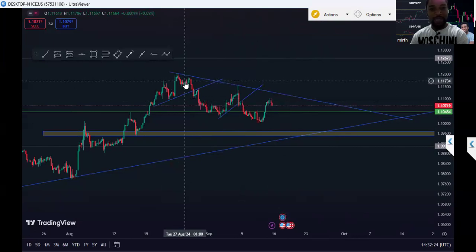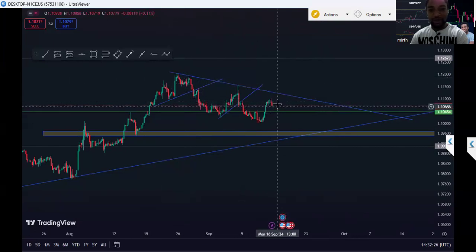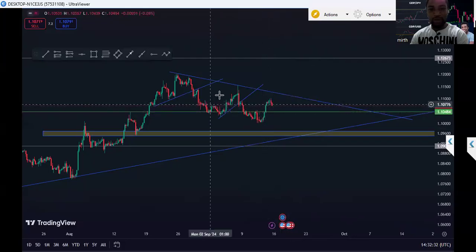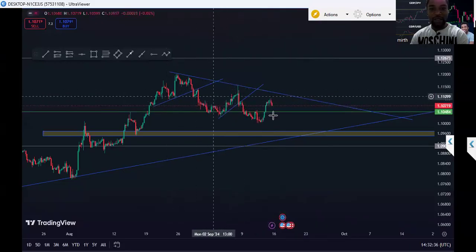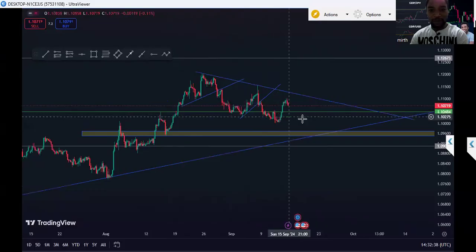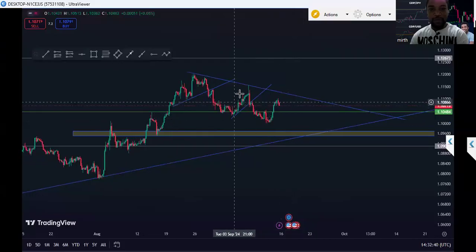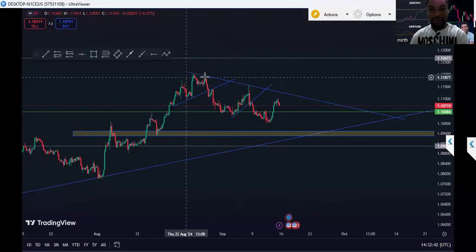Best believe that this consolidation that is going to happen here to drop this market to this area is not going to be a smooth consolidation. It's going to be kind of a jagged consolidation like this. So what I'm going to be doing is waiting for a consolidation like this